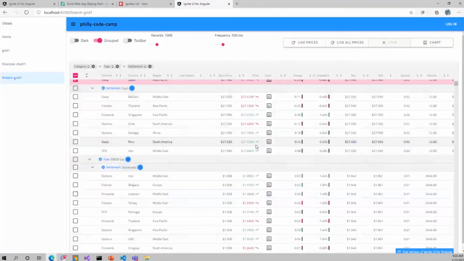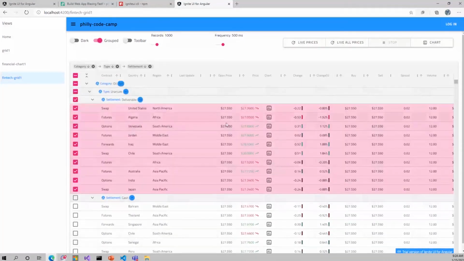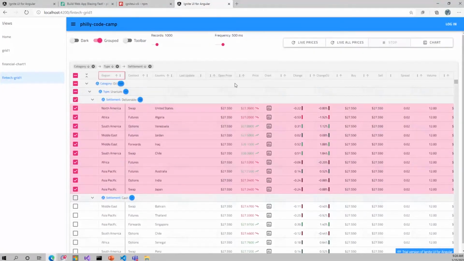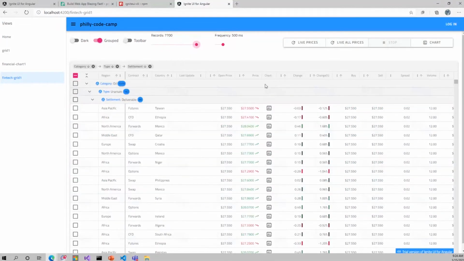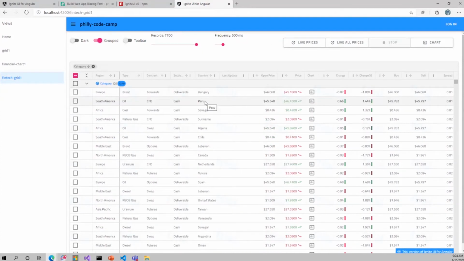And then here's a richer grid. This is that FinTech grid template that I showed you. And you can see you've got a bunch of features here. I can do a bunch of stuff at the column level, like pin columns. I can sort. I can add more data to this grid. So we can add like 7,000 rows just to see how well it performs. It's got interactive grouping. So now if I really wanted to get started, I could, like I just did, open